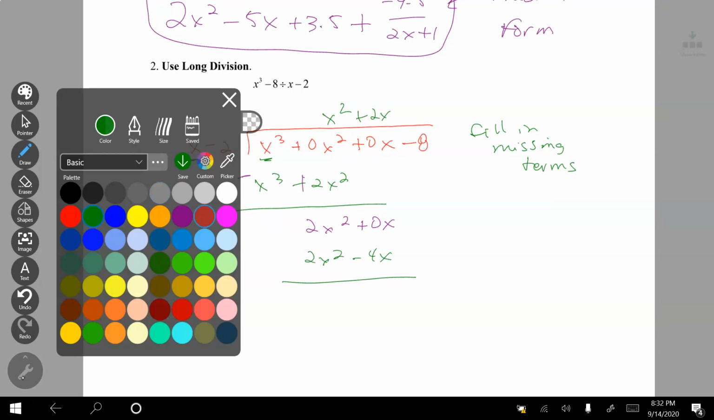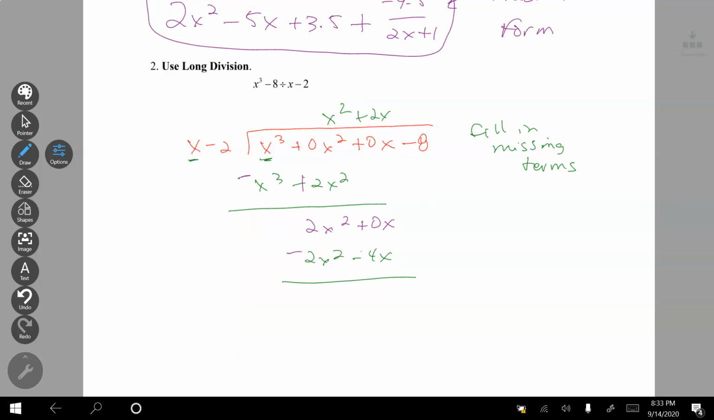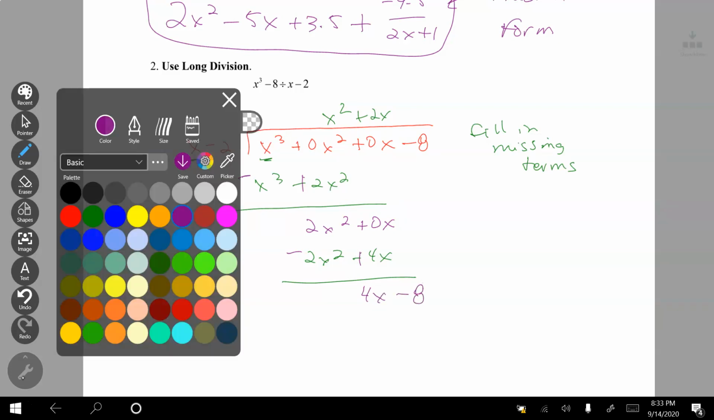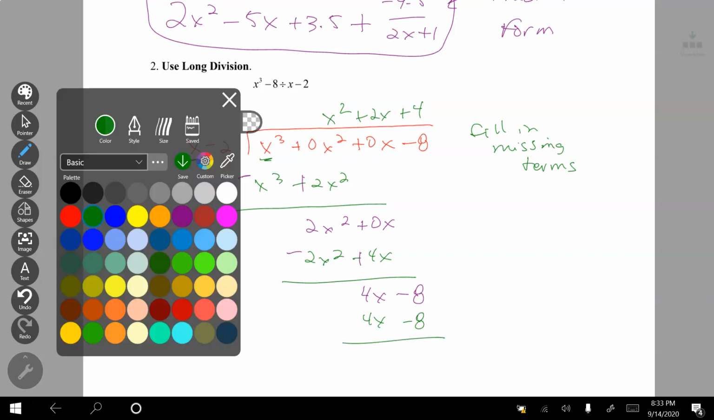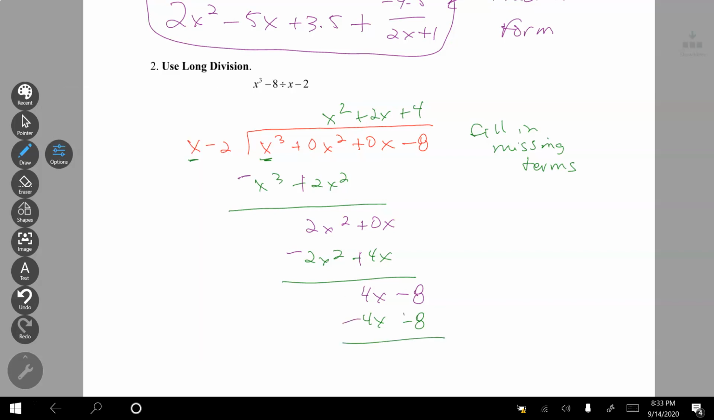Again, I'm going to force opposites. I get minus plus. Now I have 4x minus 8. I'm going to multiply x times 4, so I'm going to do plus 4 here. And I get 4x minus 8. And when I force opposites, minus plus, I get 0. And I'm very happy. This is the best remainder. If I get a remainder of 0 and it's correct, I'm going to put a smiley face next to it,